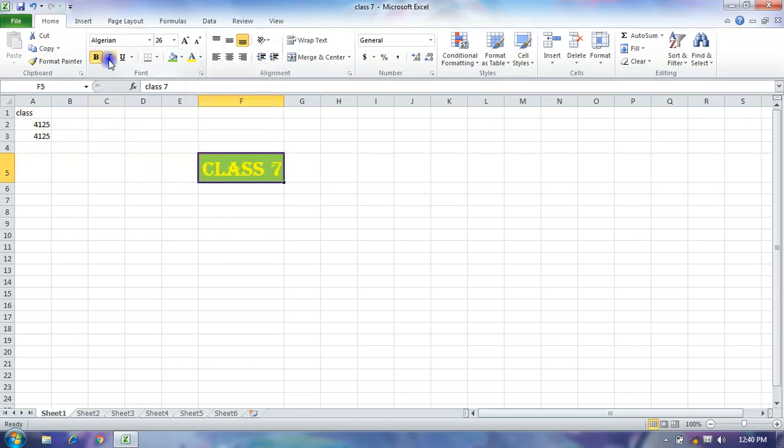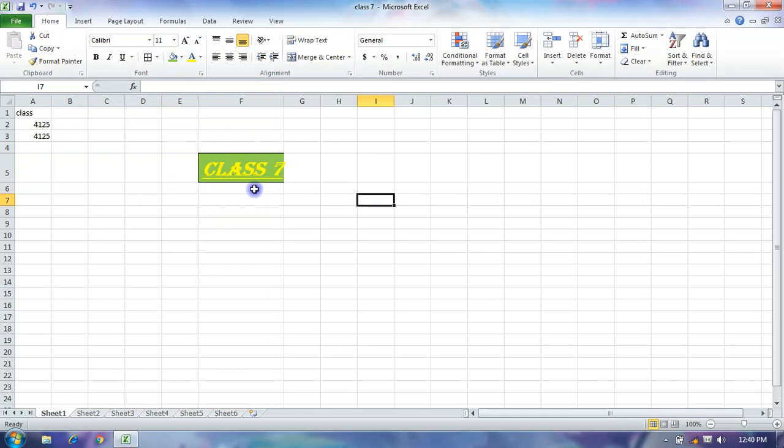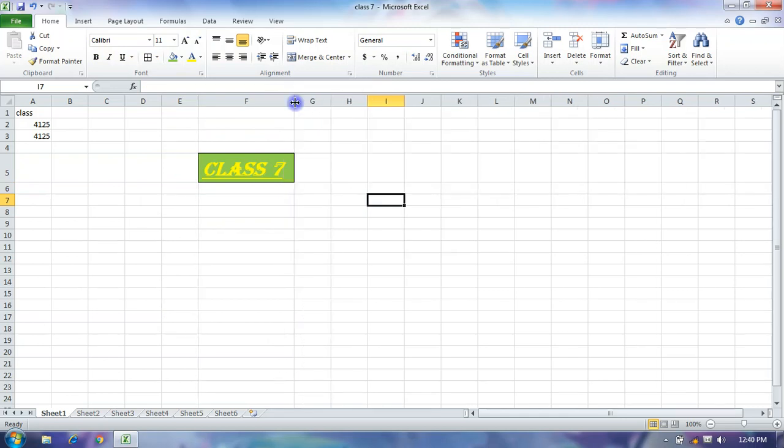You can bold, italic, underline your text. If you want to apply a border, apply your border to your text or a range of cells.